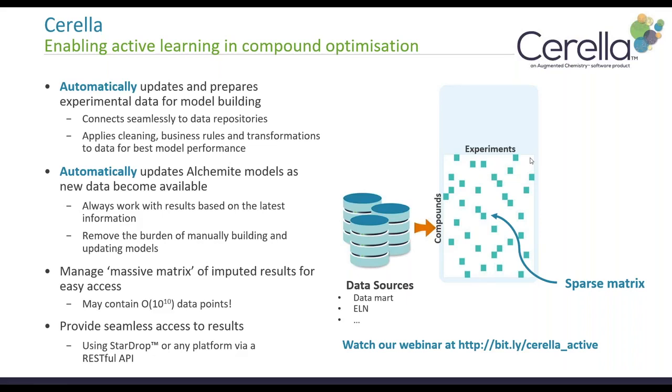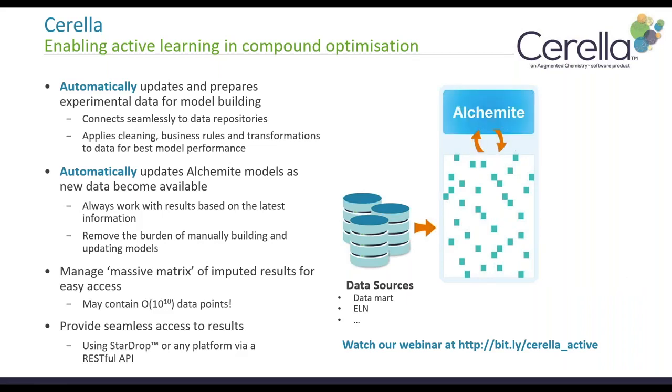It's automatically updating from the available data and preparing this data for model building. It applies cleaning and your organization's business rules, and it transforms the data for the best model performance so that Alchemite can build and update the models. And it goes through this process, automatically updating the models in a sense of active learning as new data becomes available, so that you're always working with results that are based on the latest data. And this removes that manual burden that's typical of QSAR modeling, of manually building and updating the models